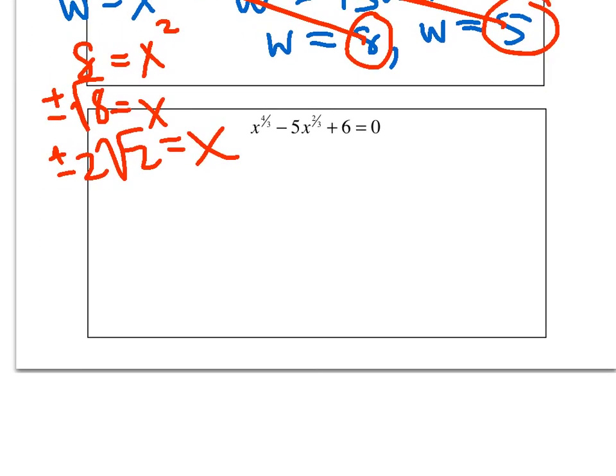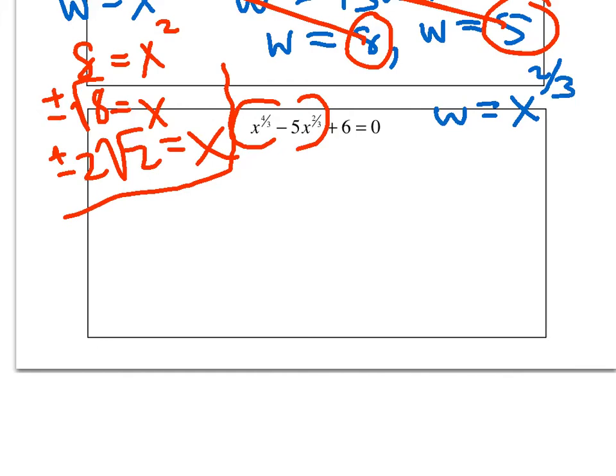This last one is, again, another one that's not quadratic, but it's quadratic in type, because we see that the expression here, x to the 4/3 power, is exactly double the exponent for x to the 2/3 power, because 4/3 is double 2/3. So here, if we let w equal x to the 2/3 power, then w squared is x to the 4/3 power,